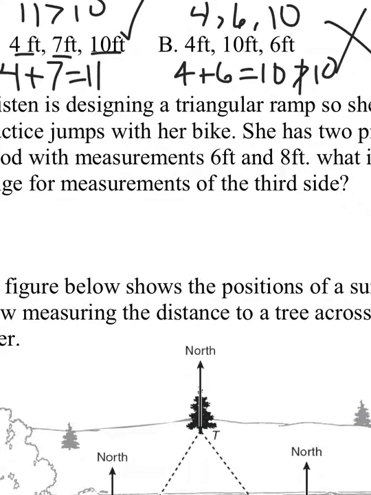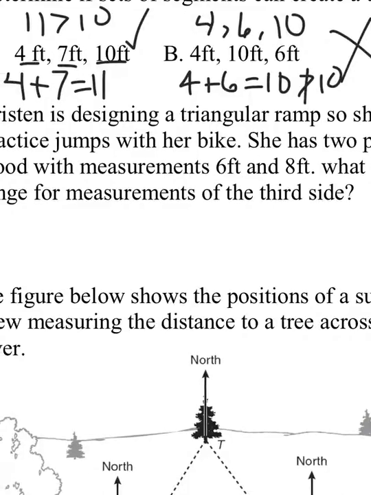Number 3, Kristen is designing a triangular ramp so she can practice jumps with her bike. She has 2 pieces of wood with measures of 6 and 8 feet. What is the range of measures of the third side? So really, it's just a word problem where you want to find out the third side. If you remember,